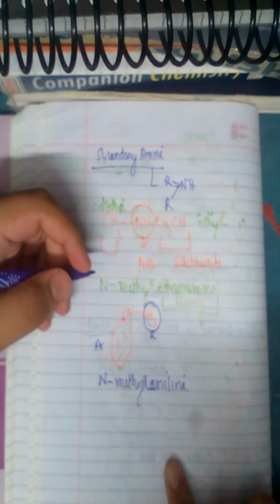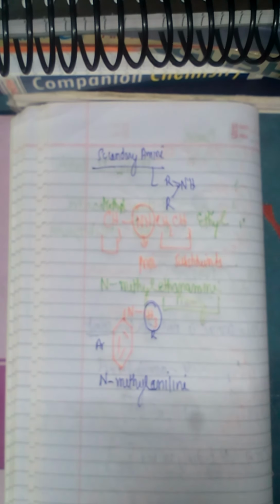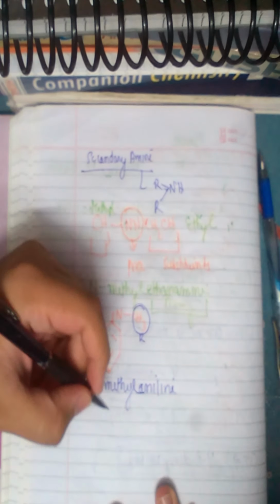Now similarly, when we name tertiary amines, instead of N you get N,N-dimethyl or diethyl, because tertiary amines will have a third group attached to them. So let's come to the naming of tertiary amines now. Suppose I have this as my tertiary amine. Let's take the same example. I have this arylamine, but along with that here I have two methyl groups.